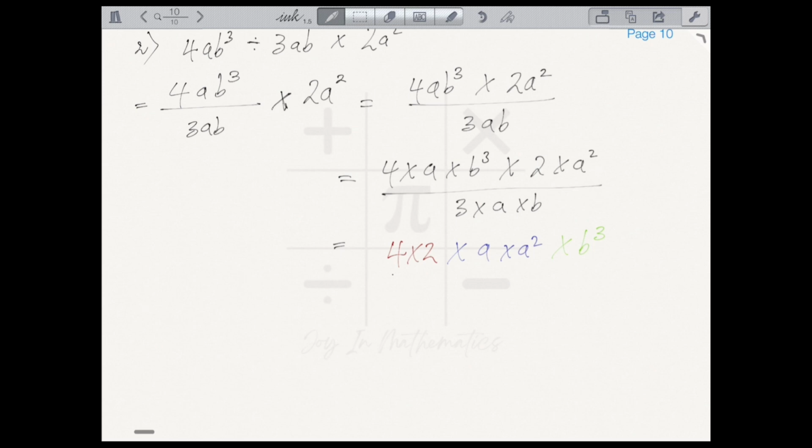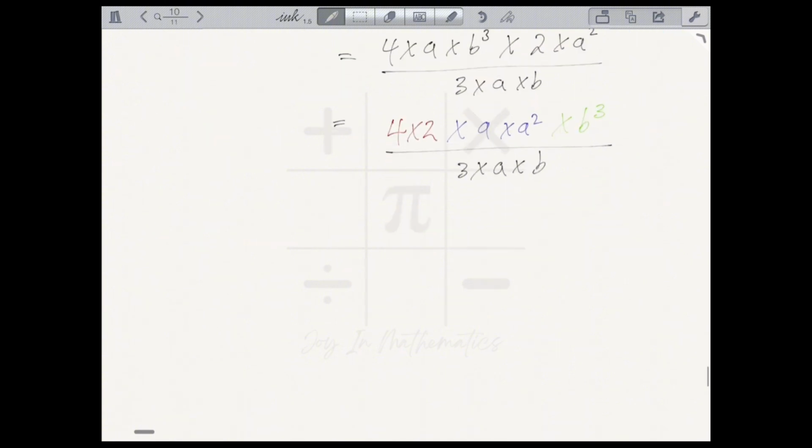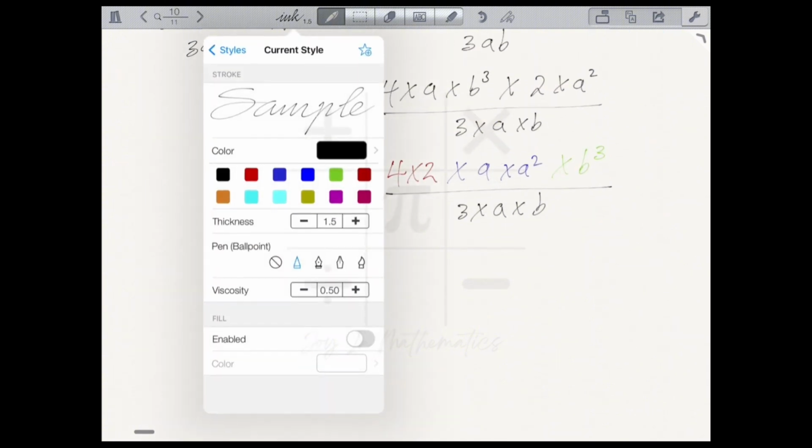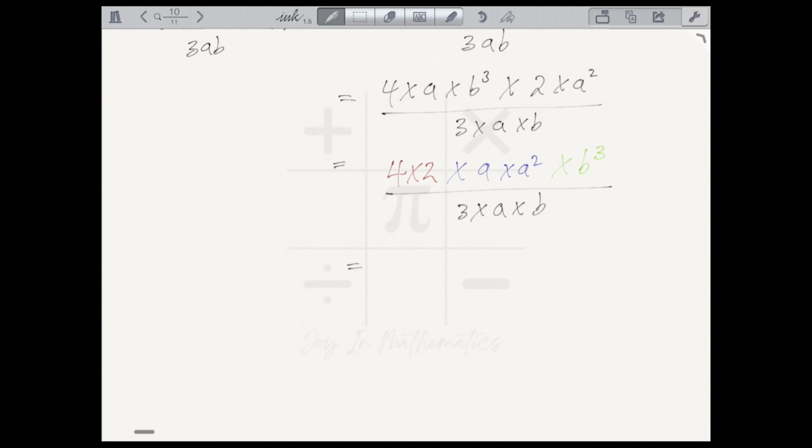Okay, divided by 3 times a times b. In the same vein, we can now solve the numerator, and the numerator will give us 8 multiplied by, because 4 times 2 is 8. When we resolve this using the addition law, we'll remember that the addition law says that a raised to power x multiplied by a raised to power y is equal to a raised to power x plus y. So this will give us a raised to power 1 plus 2 multiplied by b raised to power